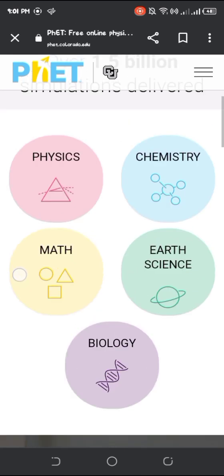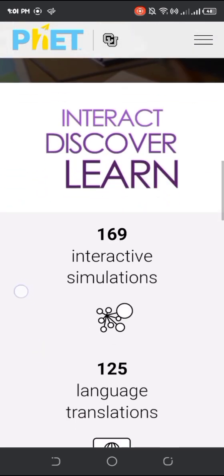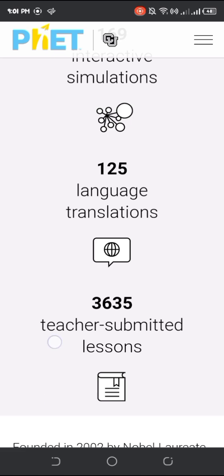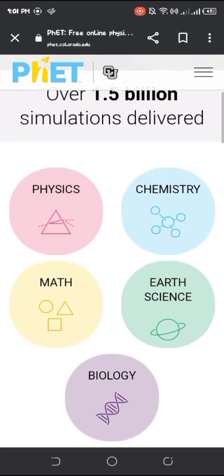The content inside of the PhET is physics, chemistry, math, earth science, and biology. So these are the interactive simulations. Now we're going to explore the physics.